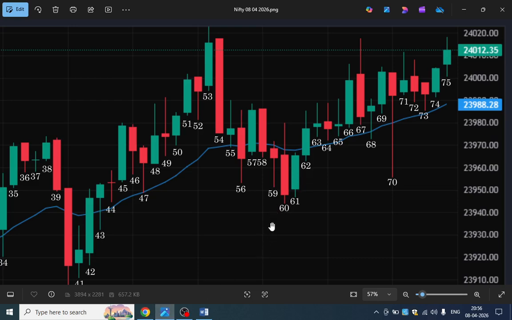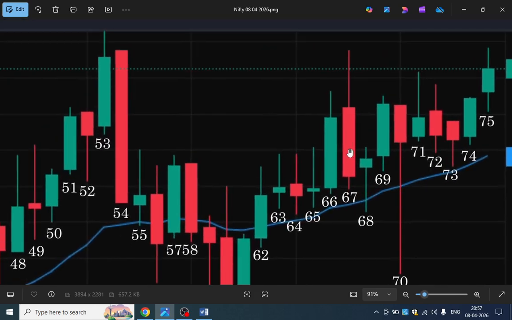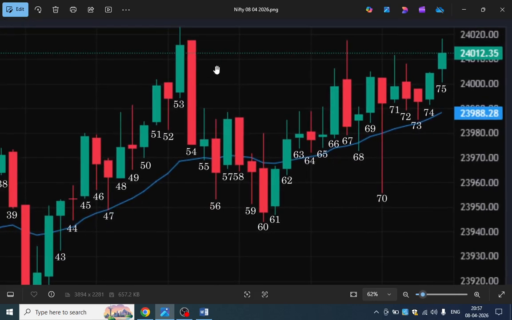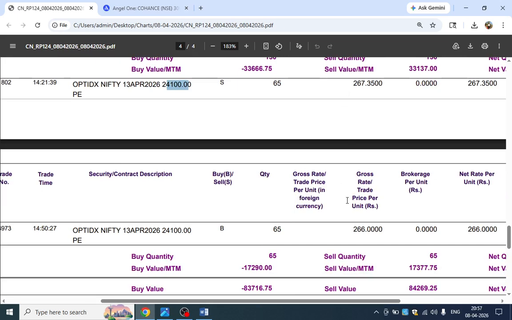So this was the bar, and as you know, my target is not about 35 rupees, 40 rupees, my target is more than that. And eventually I was thinking that the price should break above this high and go up, but that didn't happen. And around break even, at around 266 rupees, I got out of this trade,